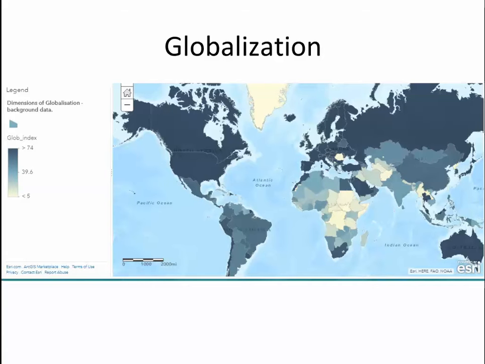And what you can see is that the United States, all of Western Europe, and in fact much of Europe, is highly integrated. Okay? In fact, at the high end of the globalization index. Sub-Saharan Africa, very low levels of integration. South Asia, moderate level of integration. But now that's an overall measure. Globalization really has three components: economic, social, and political. And if we look at that, we're going to see some differences.